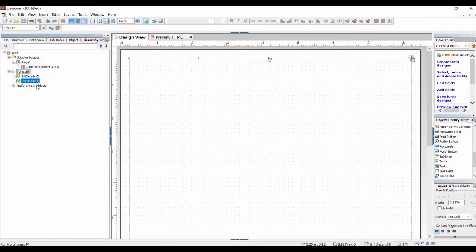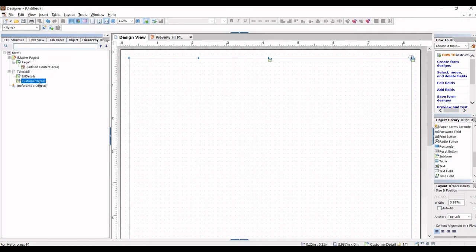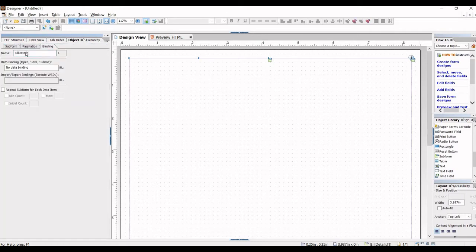So the next node I'm going to create is a field, basically customer details. I will go here. I'll use Control C, Control V, and then I'll just need to change the field. This time it will be bill summary.